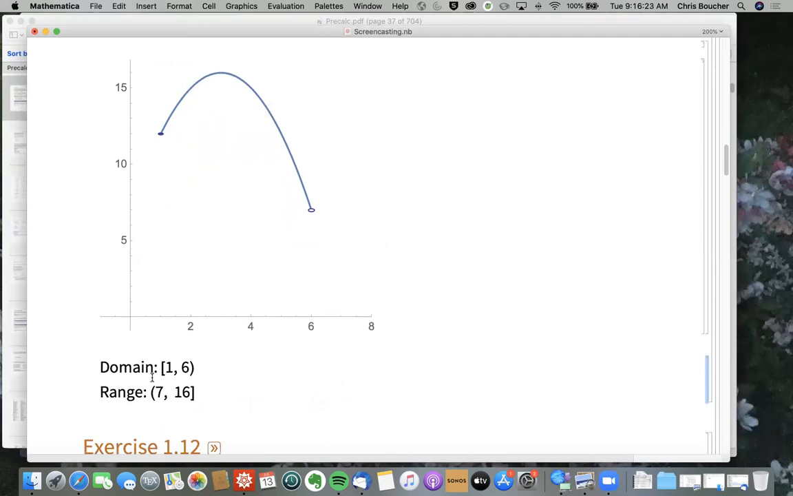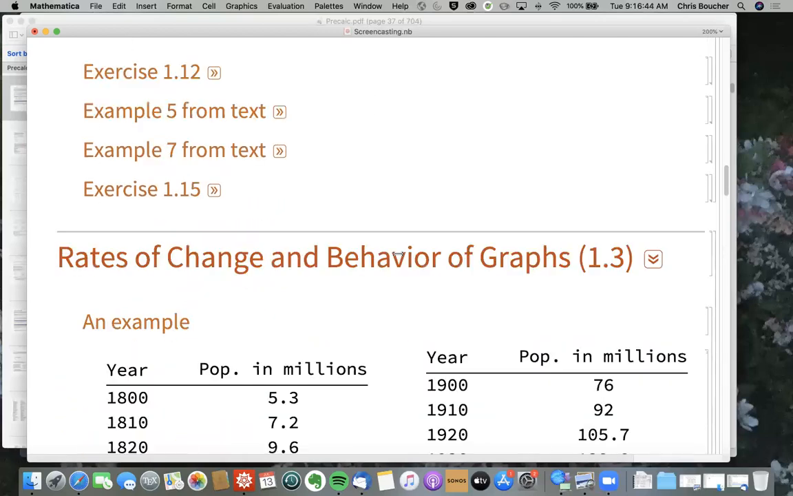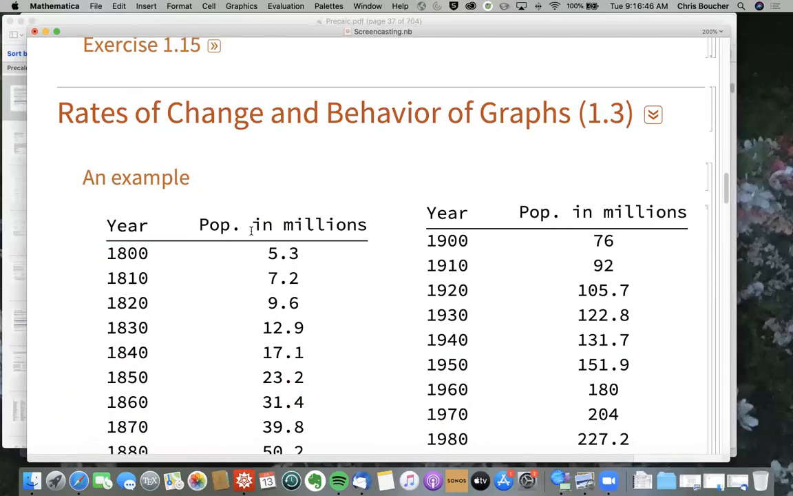There we go, right? So the domain, rather, is from 1 to 6, closed at 1, open at 6. The range is from 7 to 16, but open down at the bottom at 7 because of that open circle. Okay, so there's some more exercises that I've done here. I'll open those up in the notes that I post, but let's move on for now into section 1.3,